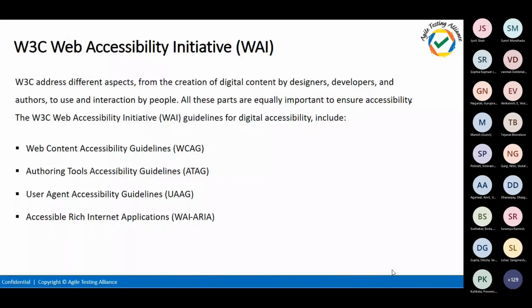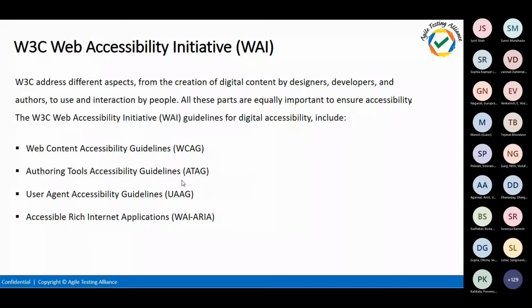And there are the authoring tools, the user agents for accessibility, and the rich Aria label. So these are all the other guidelines that are present. The authoring tools might be talking about whenever you're trying to do some narrations and other things, right? So what are the things that you need to do that come under authoring? And when it talks about the user agents for accessibility guidelines, it talks about your screen reading tools and the tools which we are using, right? So the zoom in, zoom out. So how those tools also have to be performing.